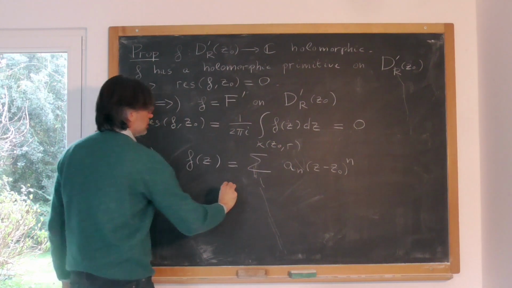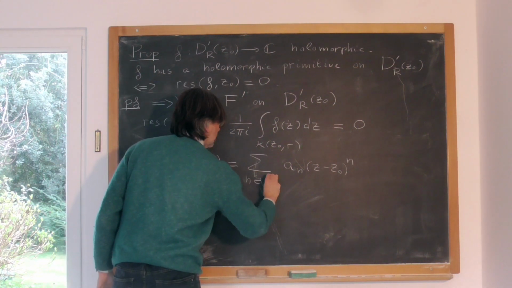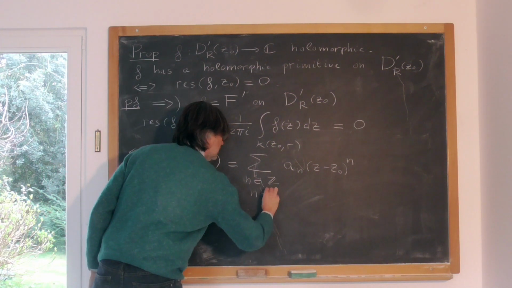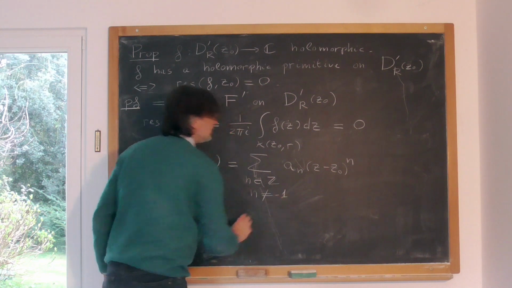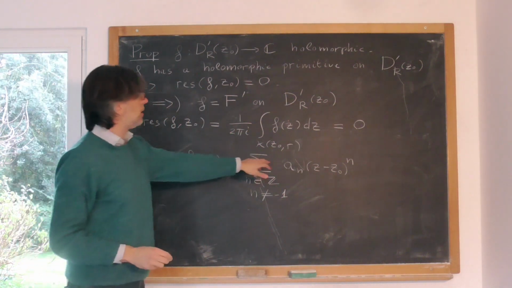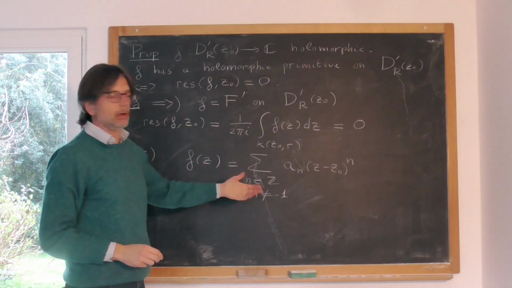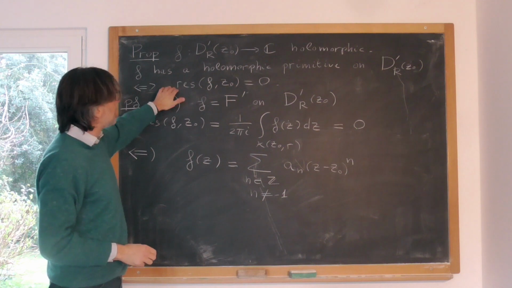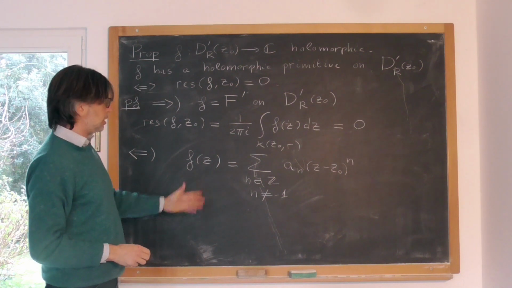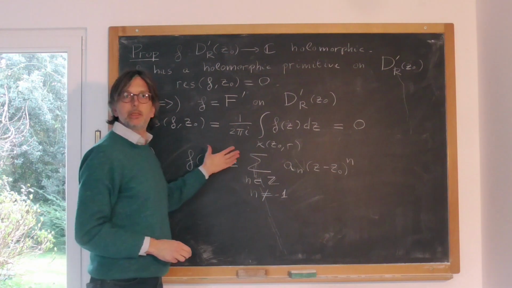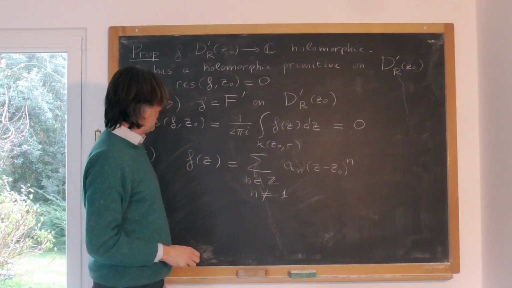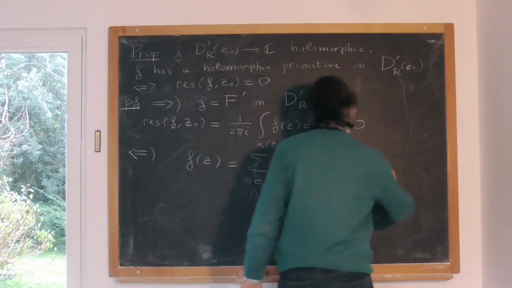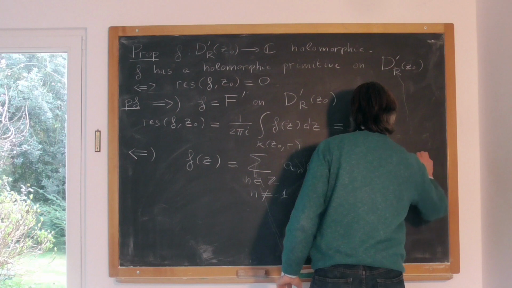This sum ranges over all integers, but n is different from minus 1, because the coefficient a minus 1 is not here, it's 0. Because we're assuming that the residue is 0, and the residue is exactly the coefficient a minus 1. So this is our Laurent series expansion of f, and it converges on this punctured disk